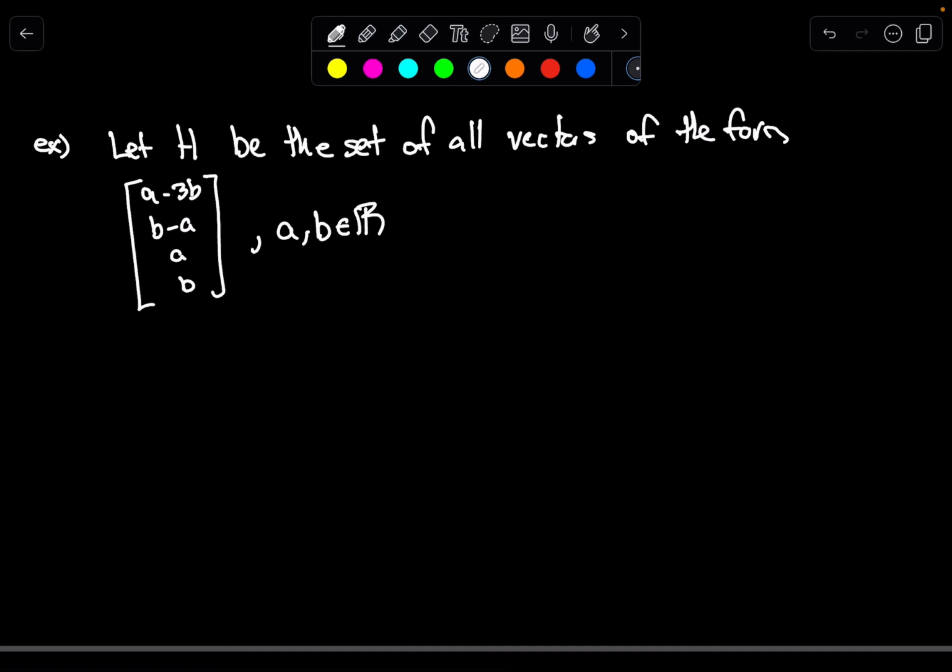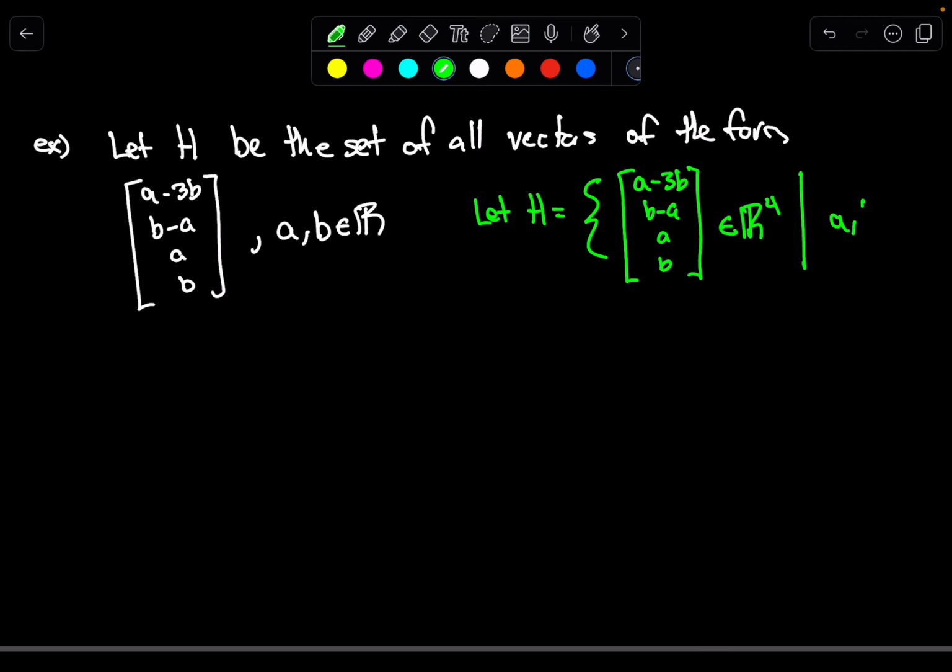The technical way of shorthanding everything that I just wrote, in set notation, we would say: let H be the set of all these vectors, a minus b, b minus a, and so on, in R4 such that a and b are real numbers, and our goal is to show that H is a subspace